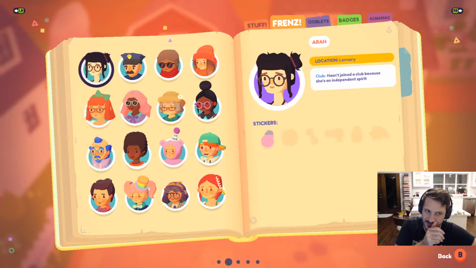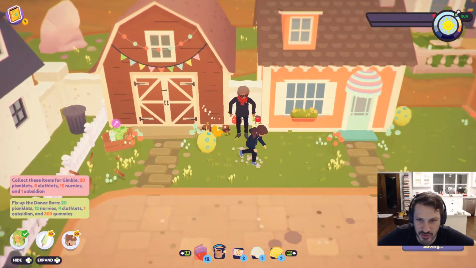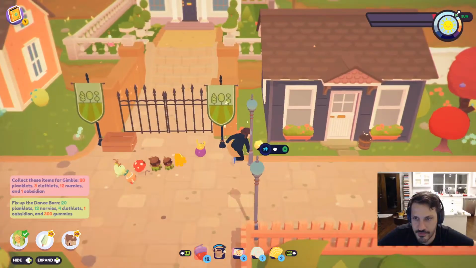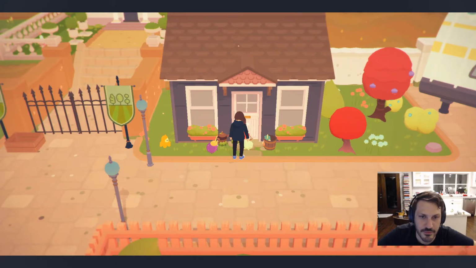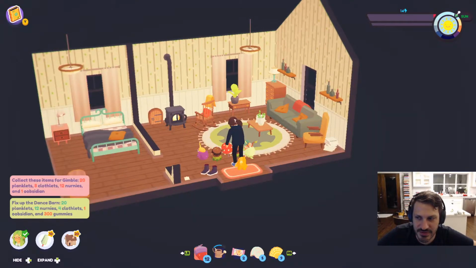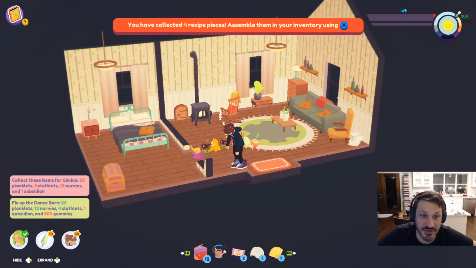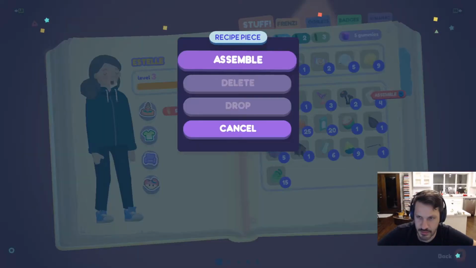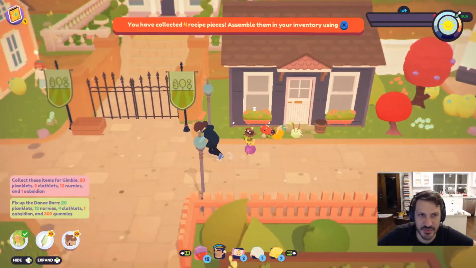And then, who do we need to... Okay, we already gave Charles. I'm pretty sure we already gave Charles this little gift. Going to Cozy House. Okay, so we've collected 4 recipe pieces. That's good. So there's nothing else in here. So we'll assemble these recipe pieces. We can make fluty sauce. And now we've got the one space open to where we can...